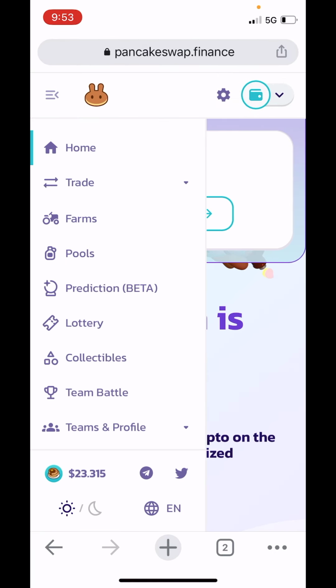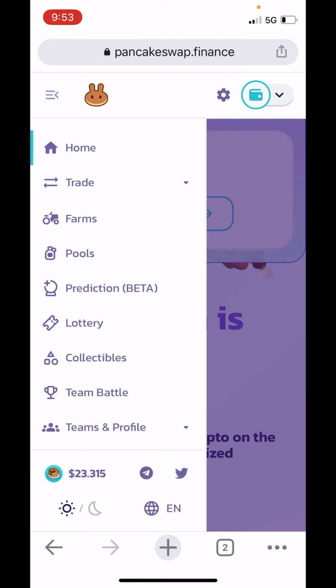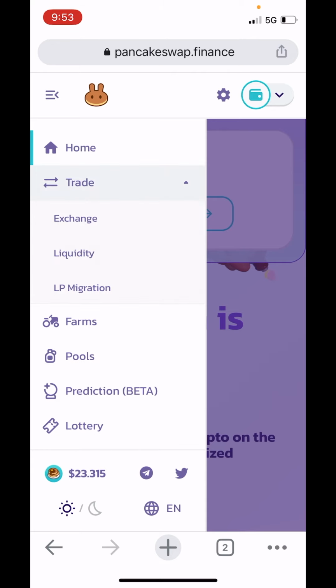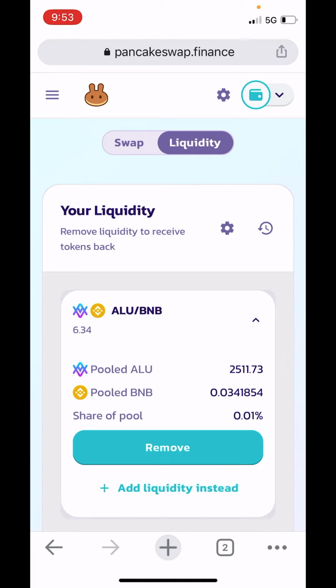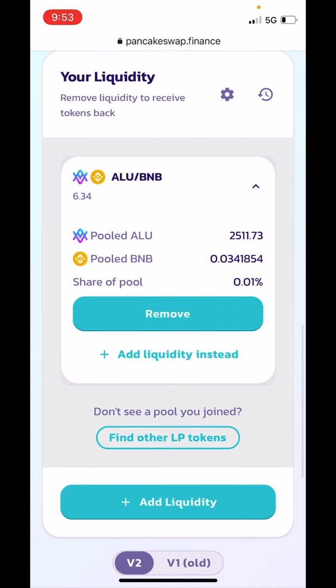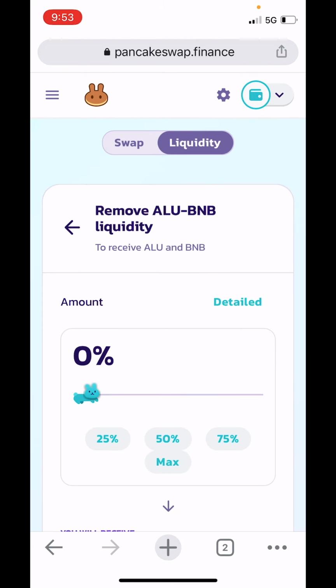Tap on the hamburger menu in the top left corner, expand trade, tap on liquidity. It shows your liquidity, ALUBNB 6.34 tokens. Expand this box here and tap on remove. Tap on max.